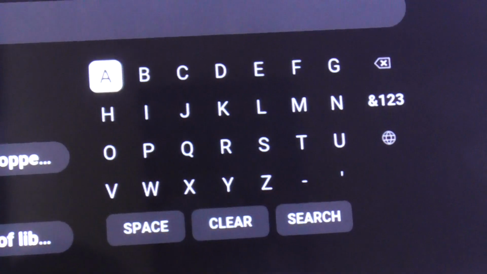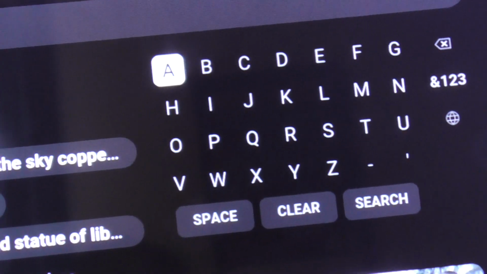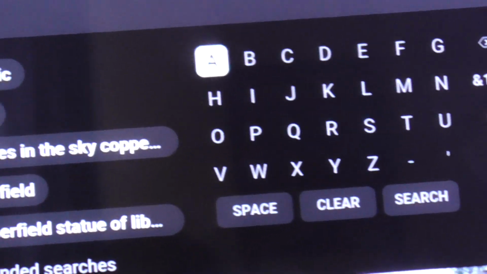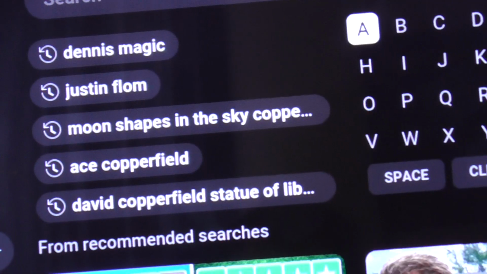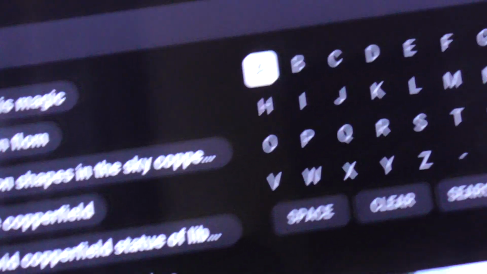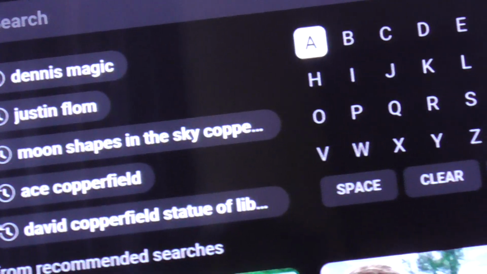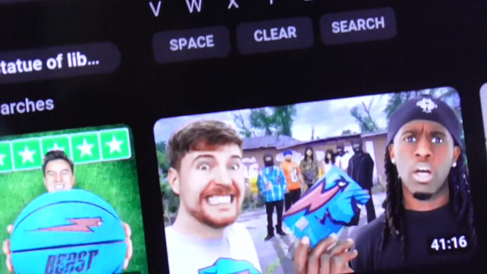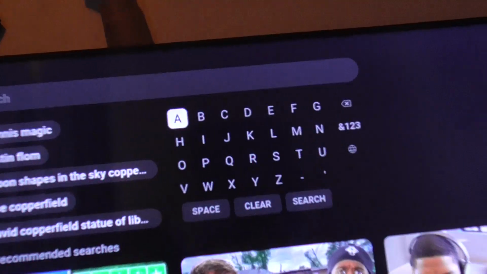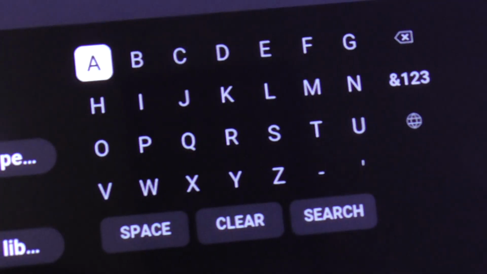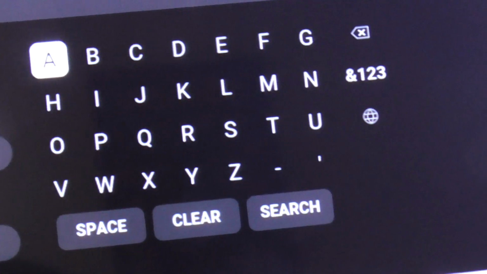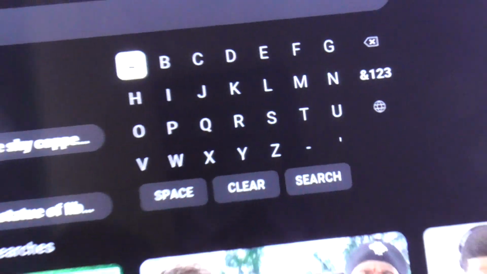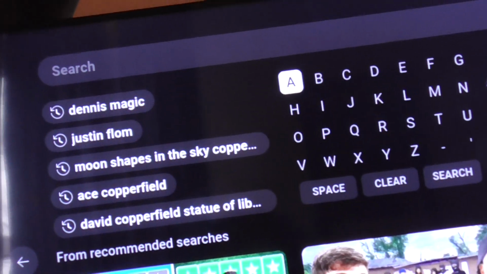See, you type in the channel. You can type in the channel, or you can type in part of the channel and put Copperfield or Stage Illusions or Magic Tricks and find it that way. Or Rubik's Cube or Stephen Brundage. You got the numbers and all that. For example,